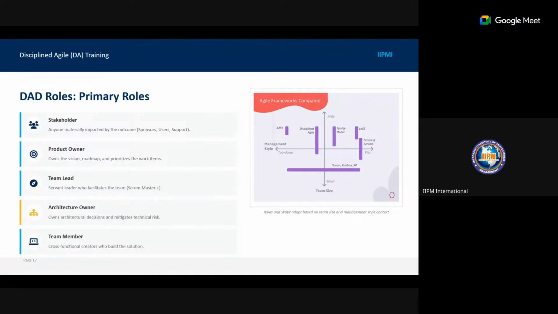Can anybody remember the roles we have under Scrum? Can anyone remember?